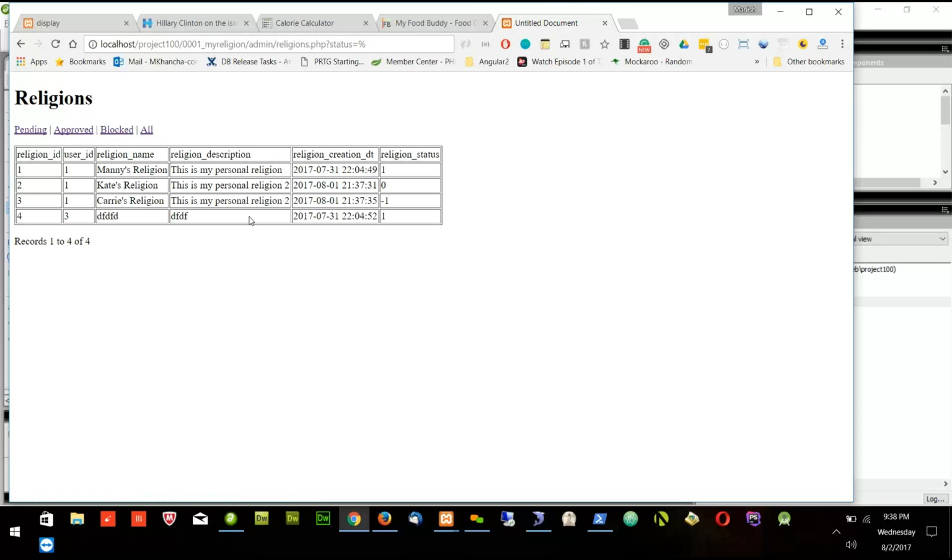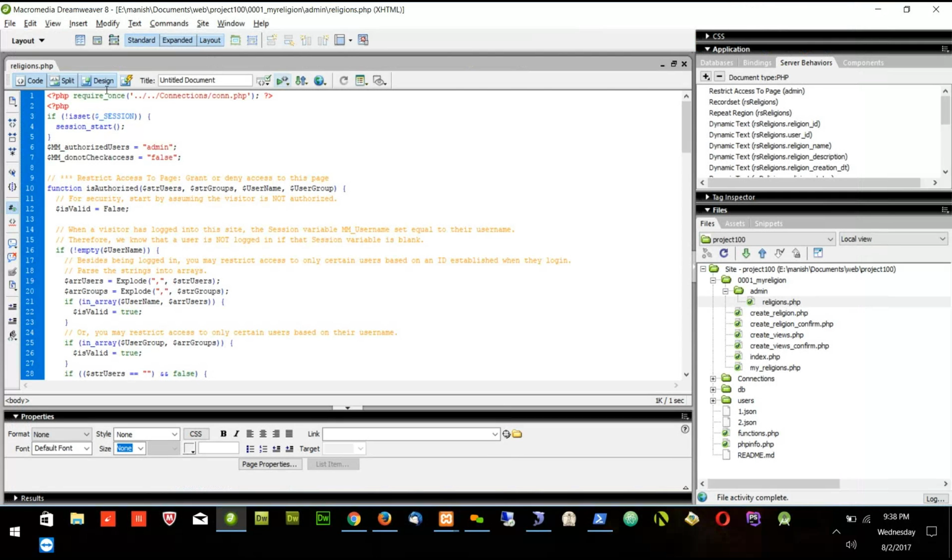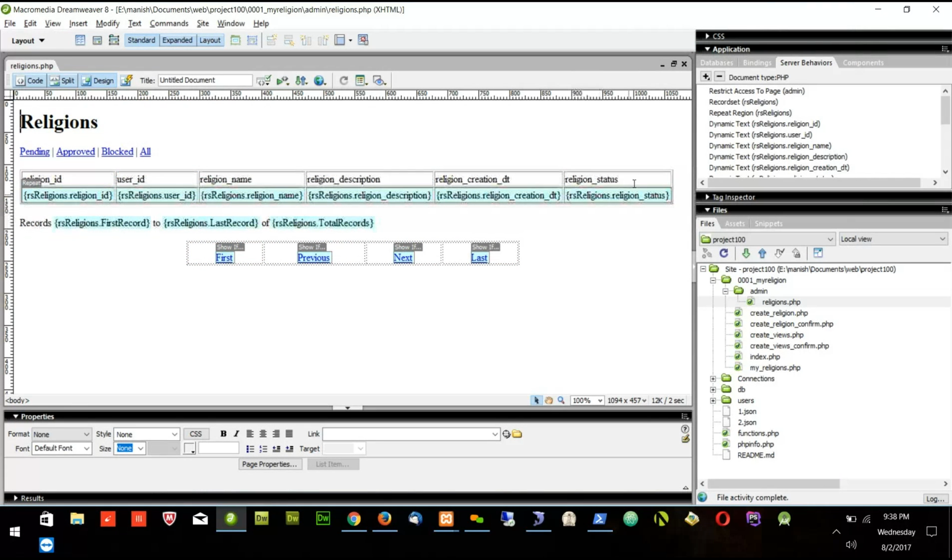Now the next topic will be, if I see pending, I want to change it to approved. So I should give admin authority to change it to approved. So how to do that? Let's see that one. So this is my admin page, and I will